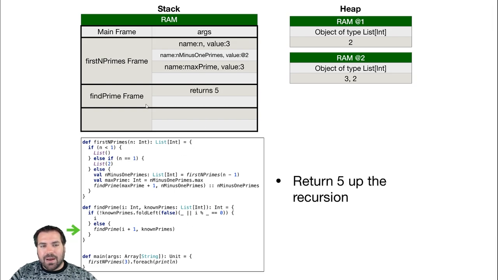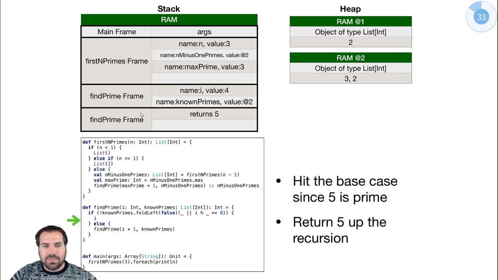We're going to return that back up the recursion. We had 2 frames for find prime on the stack. This one was just waiting for that return value of 5. Technically, this is tail recursion, so we wouldn't have this stack frame here,